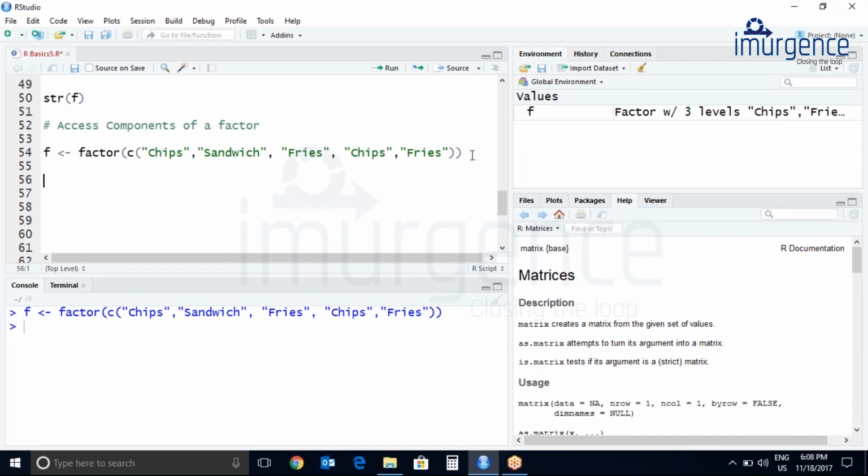Let's print f. Suppose I want to access the third element or component of a vector. Let me just add a comment over here.